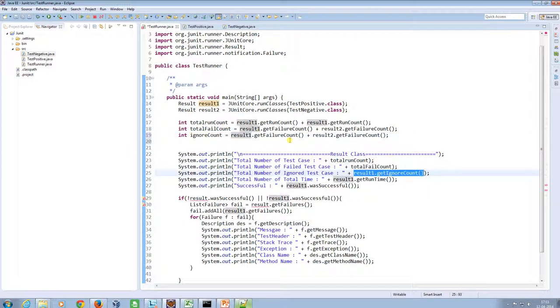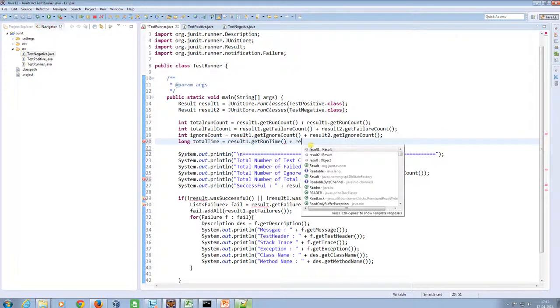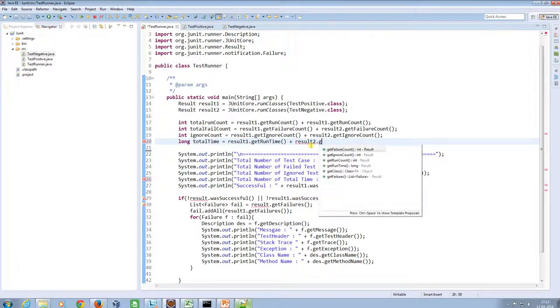So ignore count will be result1.getIgnoreCount plus result2.getIgnoreCount. And yeah, the last one, long total time, it will be equal to result1.getRunTime plus result2.getRunTime,